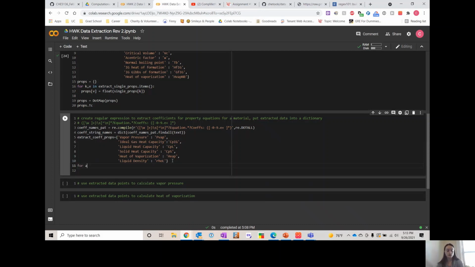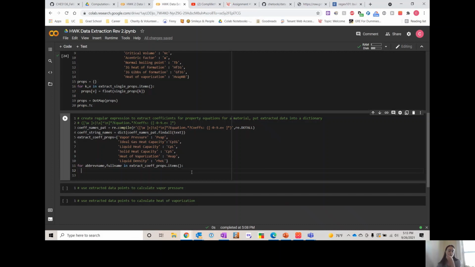So for each abbreviated name and full name in extract, so for each of the items in this dictionary, we're going to have the actual values, coefficients, will be equal to,